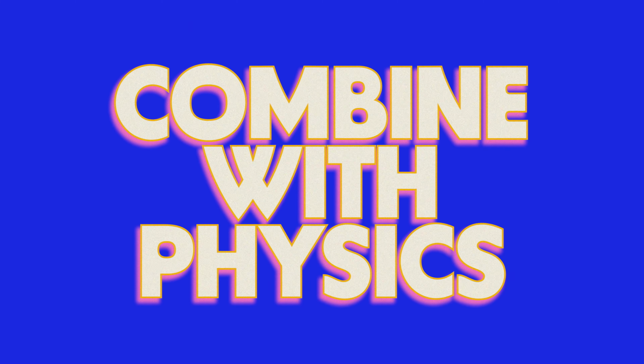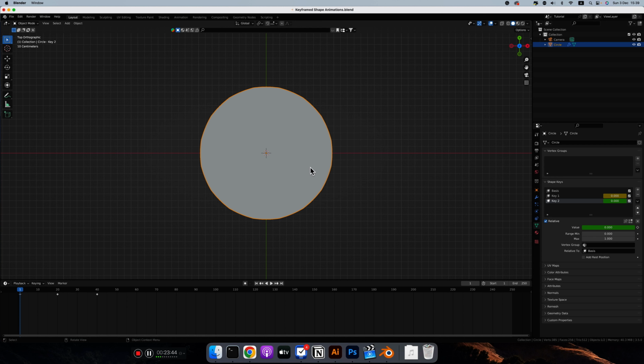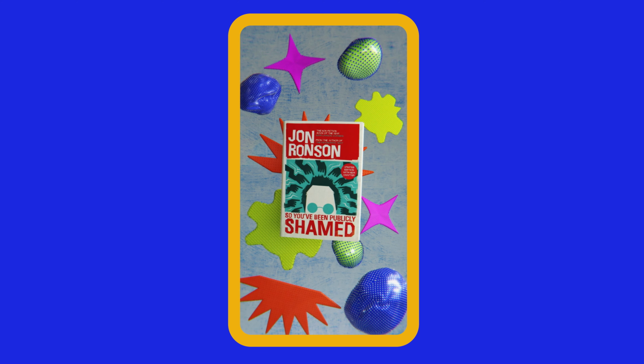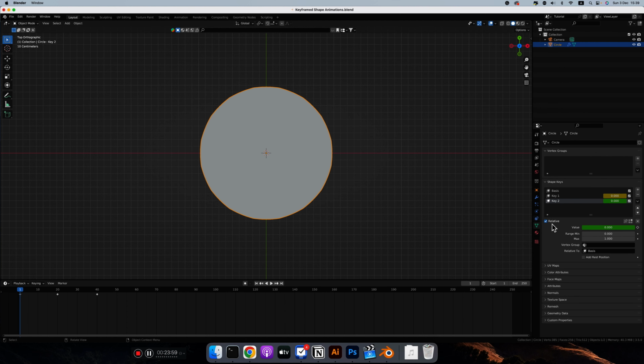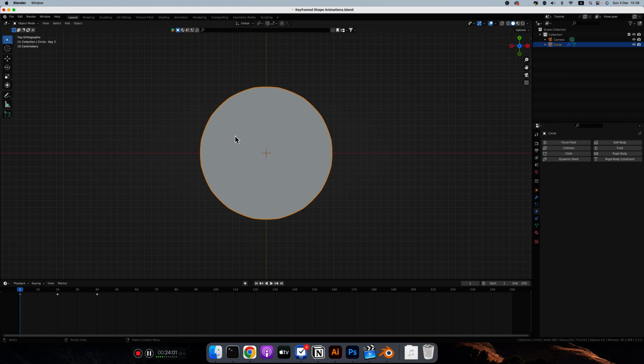Another thing I did with this project is that I combined the shape keys with physics simulation. So I used rigid bodies for these with a collider. The collider was rigid at passive, and this was rigid at active. With rigid body, it's a different system than with the cloth simulation. With cloth simulation, if you want it to collide with an object, you'll have to add collision to that object. But if you're using rigid body, then this is going to be the active